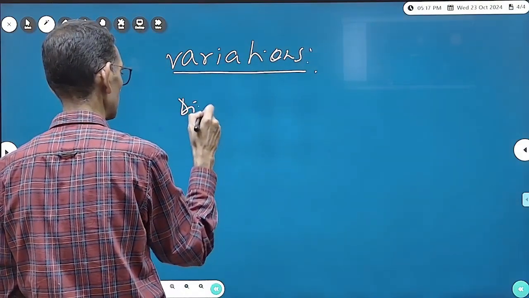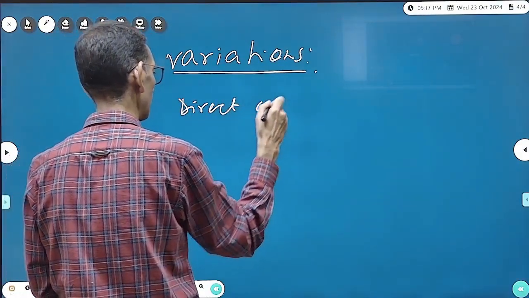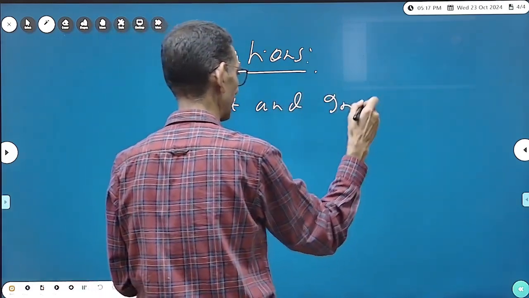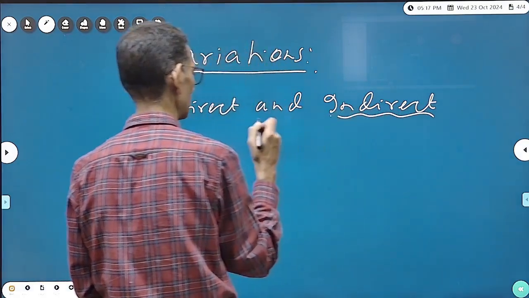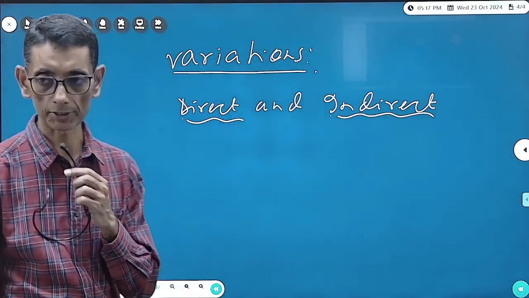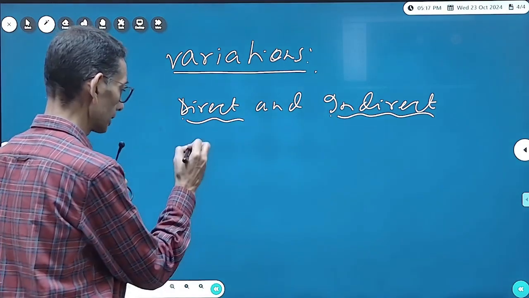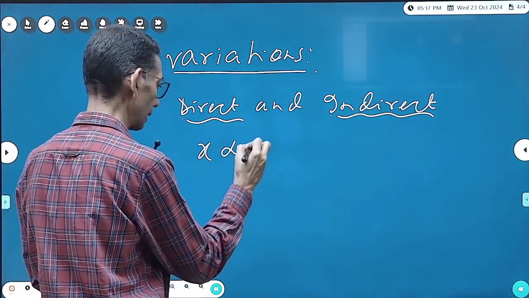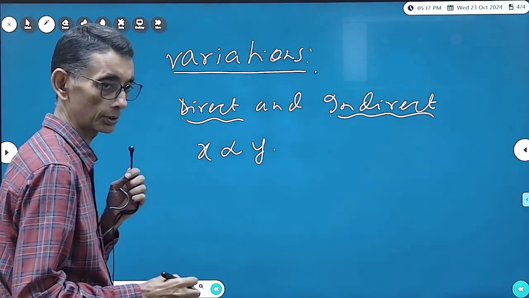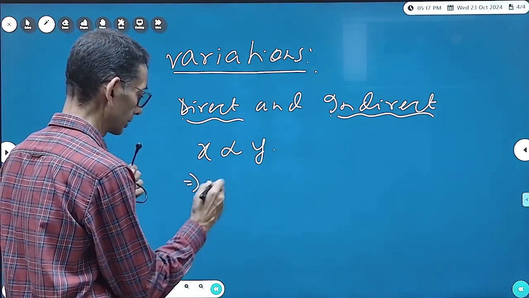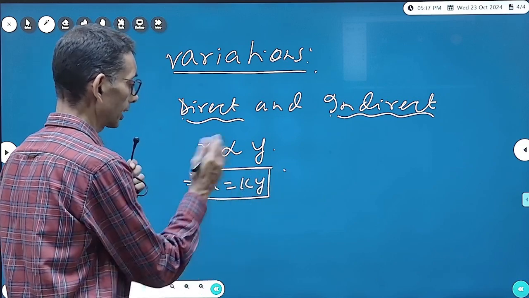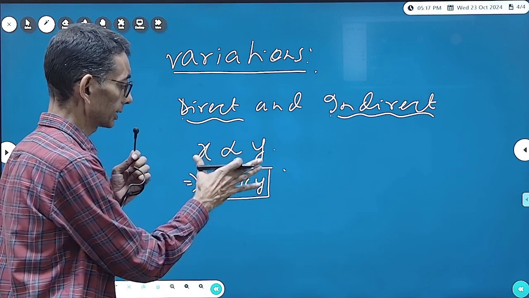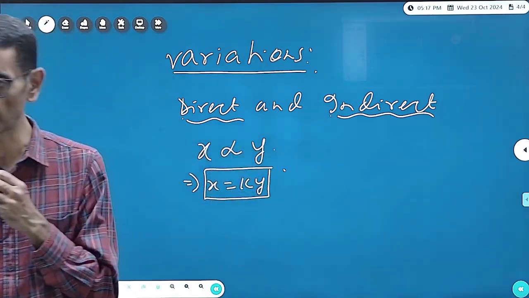Direct and indirect variations. If a quantity x is directly proportional to y, we write x is proportional to y, so just write x equals ky. There are certain two quantities, where one is directly proportional to the other, for example